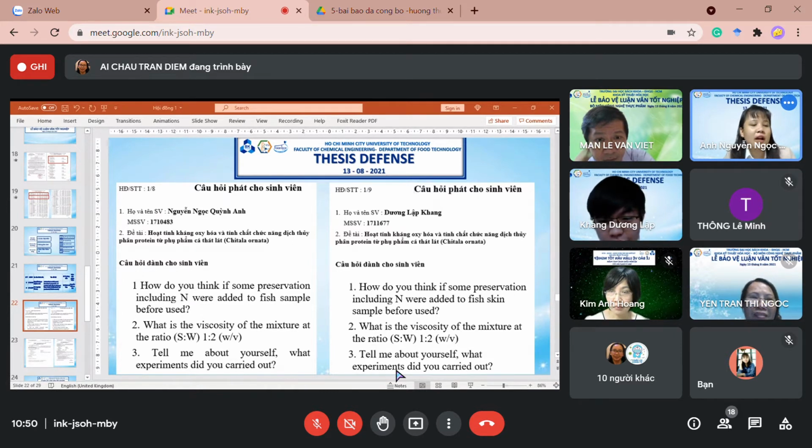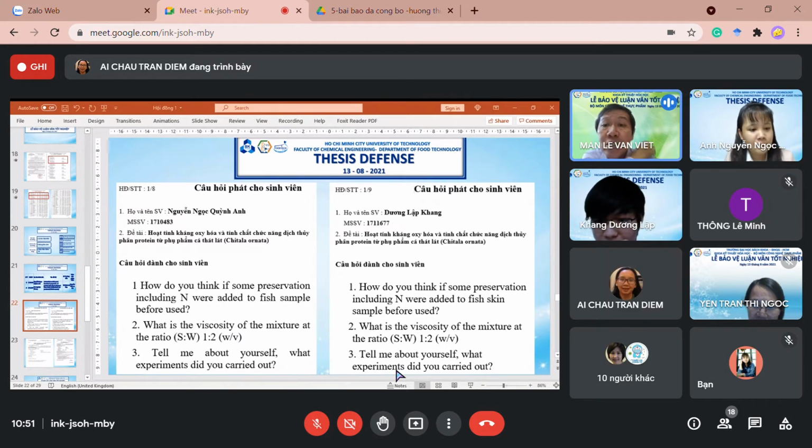Nitrogen? I don't think so, because we don't have any new source to supply nitrogen in our product, just only the hydrolysate. Because our product includes peptides and amino acids, so maybe somehow... Your product, not your product, your material. That means your fish sample. The fish. Okay. Well, then I also don't think it's going to increase the nitrogen of the fish, because the protein of the fish during the preservation can only undergo the process of